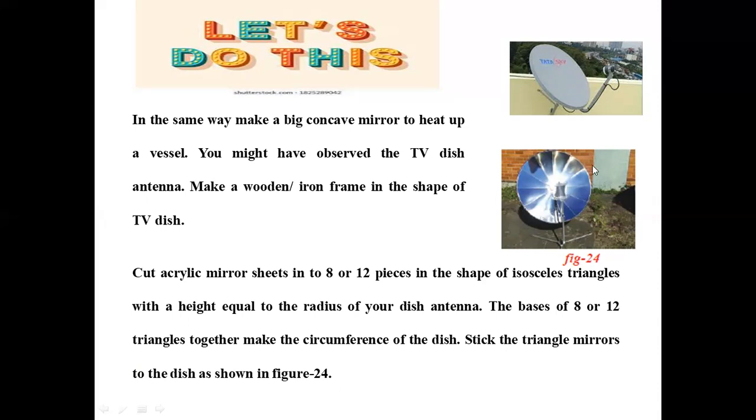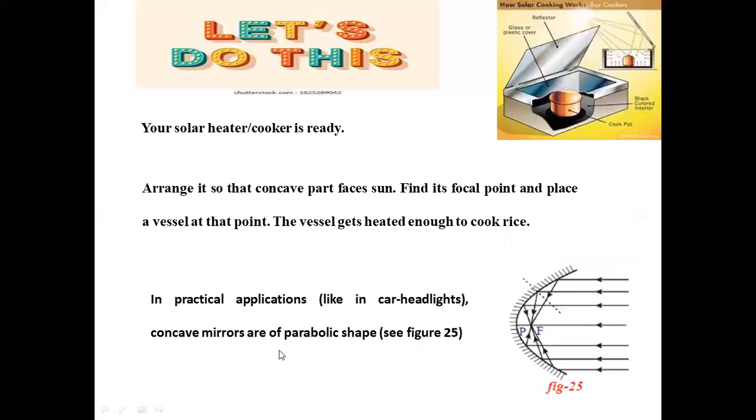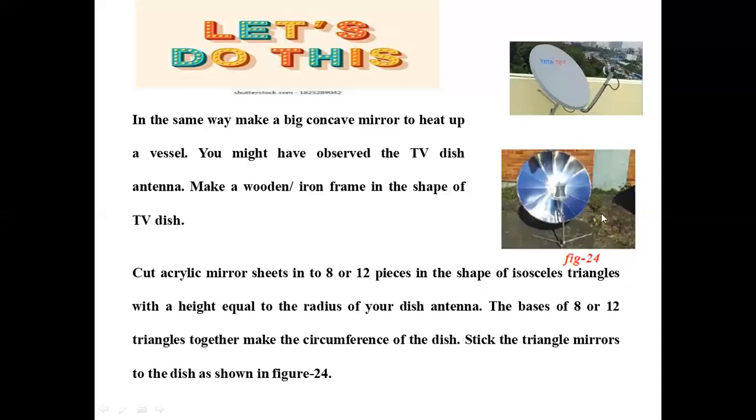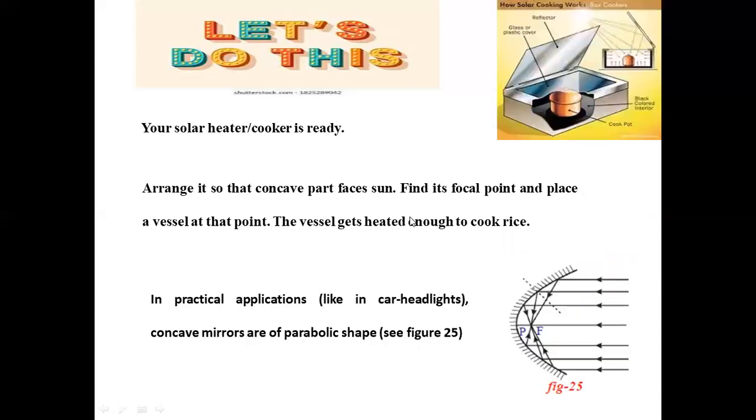The triangle mirrors are placed so that light rays move in a parallel manner and strike on this, so that convergence of light rays is possible, and that intensifies the light radiation and heats the rice. So cooking of rice is possible in a similar manner. The solar cooker working principle is clearly explained: parallel light concentrates at a particular point called the focal point, so that the intensity of light is raised and cooking is easier for us.